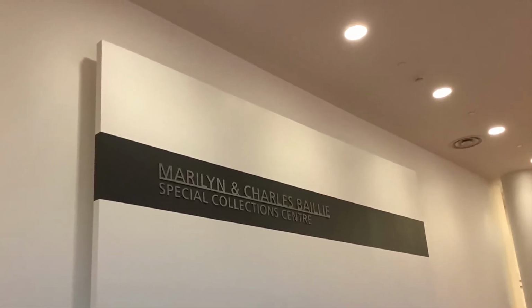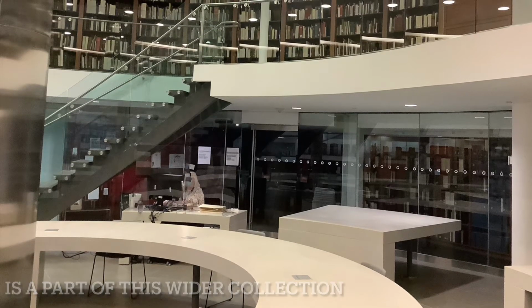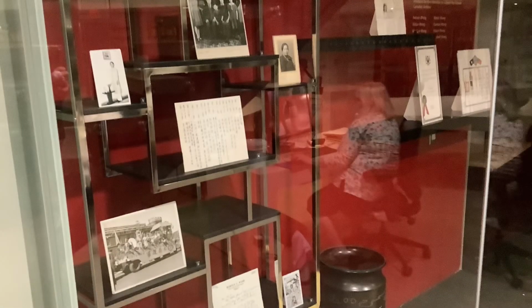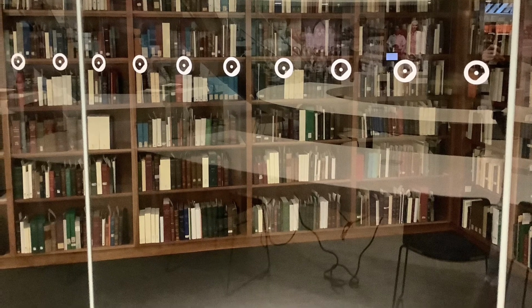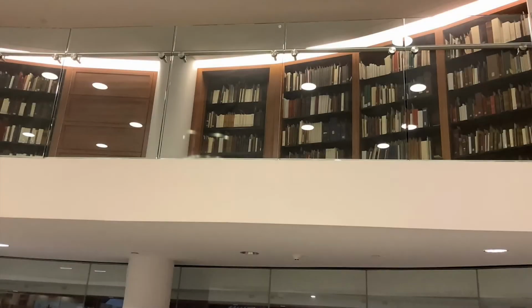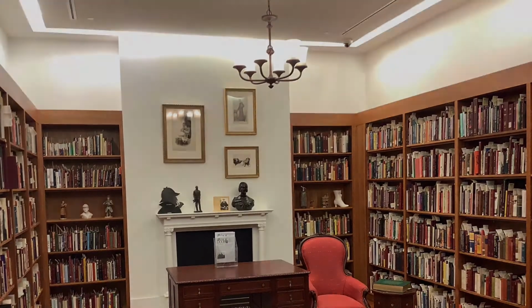Bailey Special Collections Center features access to the Baldwin Collection of Canada, which is a quite extensive research collection with an emphasis on Canadian history, the Chinese Canadian Archive, reflecting the Chinese Canadian community, the Special Collections in the Arts, Music, Dance Theatre, which includes rare programs and sheet music, photographs, manuscripts, prints, engravings, and posters, as well as stage designs, and, perhaps most prominently, the Arthur Conan Doyle Collection, which contains an extensive collection devoted to Arthur Conan Doyle